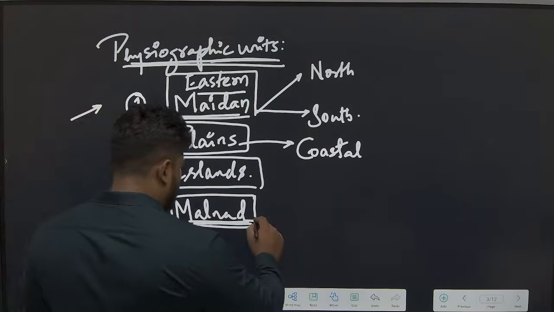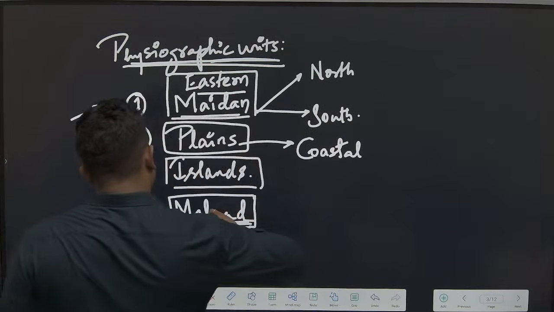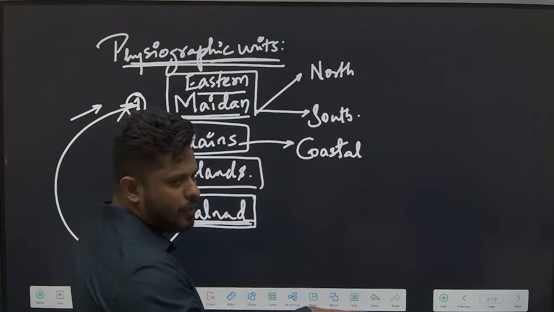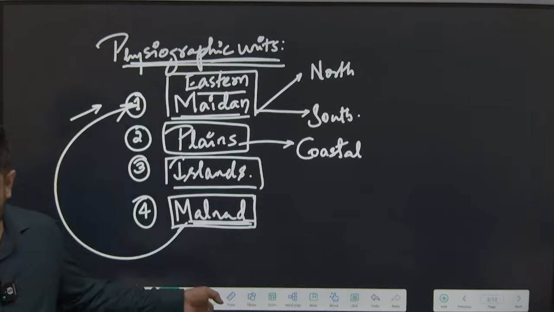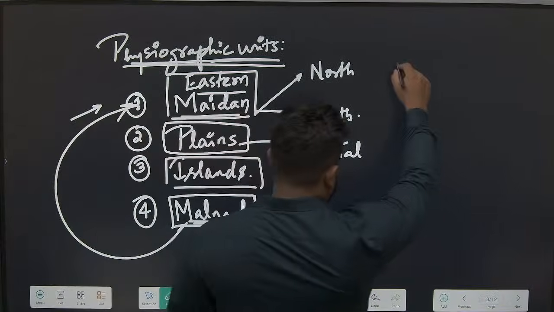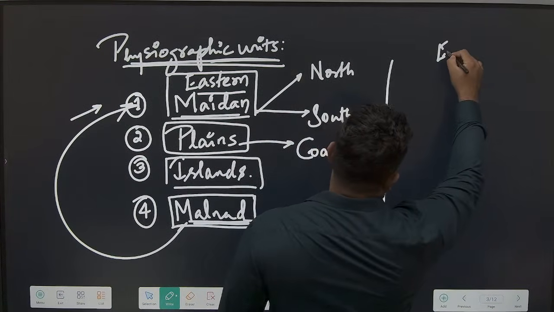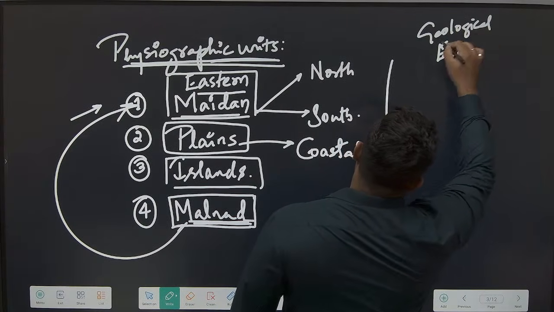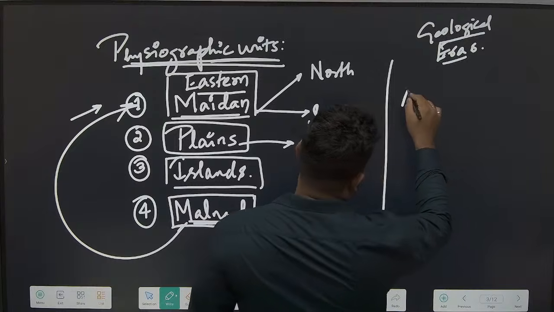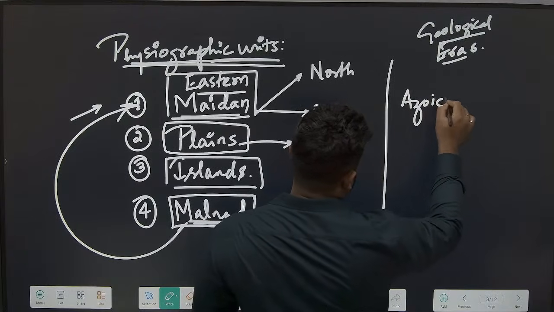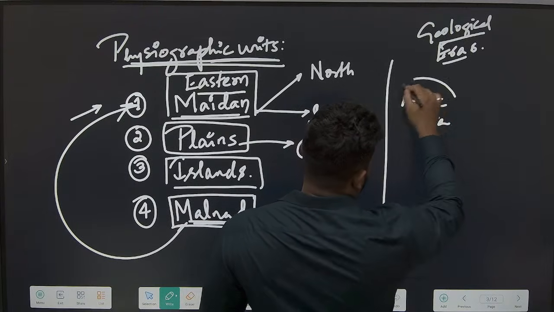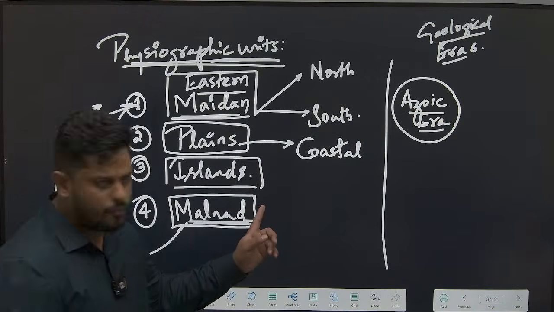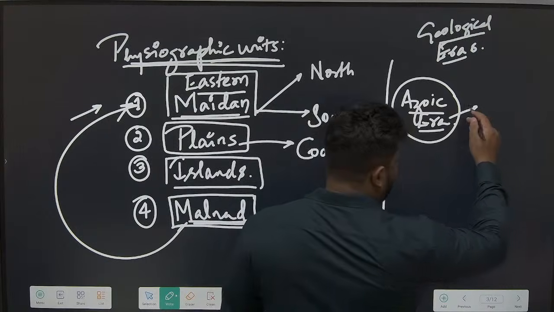The base of the Malnad region again would be the same, similar to the base of any other Azoic era. So you are going to find iron ore resources here also. Correct, Alva? Did I tell you about this? Geological eras is what we call it. The earliest of the earliest era would be the Azoic era, isn't it? Please remember this. This is the basis of mineral distribution. This is the basis of landform formation. Azoic era is the oldest era.